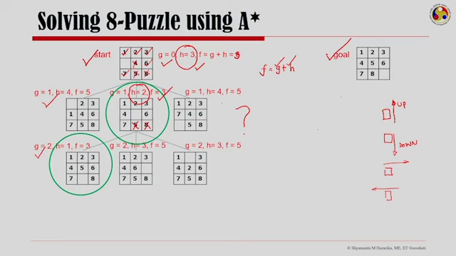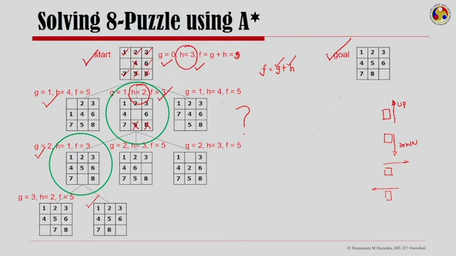When I do this, I end up having 2 nodes, either moving 7 to the blank or moving 8 to the blank, and one of them is the goal node. That you can still see by computing the heuristic function, and you would have g equal to 3 at this point of time. You would have 2 misplaced tiles here and therefore f is 5. In this node we have g equal to 3, h equal to 0 and f therefore is 3, and this is what I would ideally take for expansion,